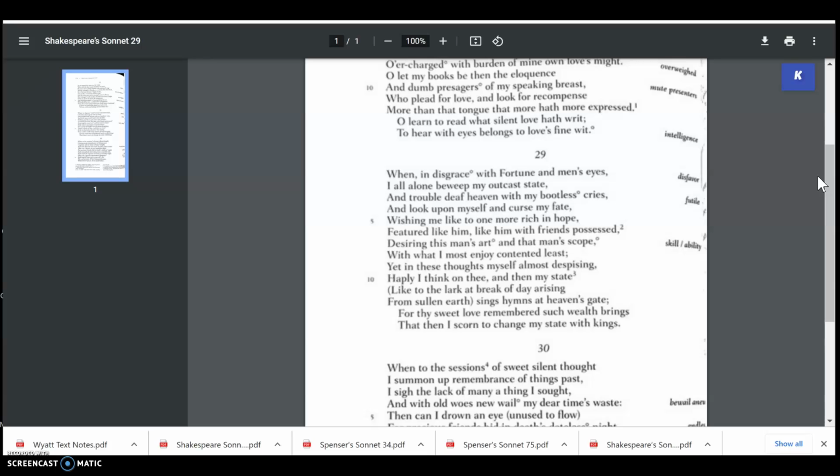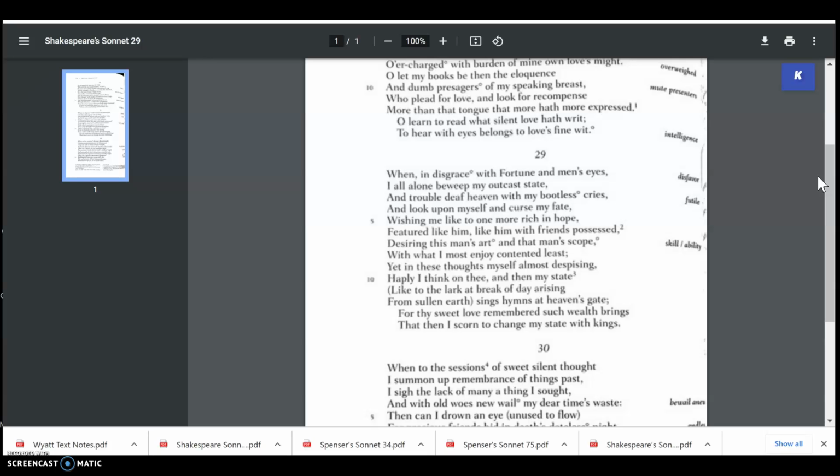But he's not. And so that is where this poem takes a change, right there in lines 9 through 14. He says, "Yet in these thoughts myself almost despising." Just when he's despising him, he's despising himself for being less than. What does he do? Well, he thinks about his love. He says, "Haply I think on thee." And that love changes everything, right? That influence that he or she has over his life helps him see his situation more clearly. And he says, "Yeah, I don't have all of these things, but I have you and I have your love."